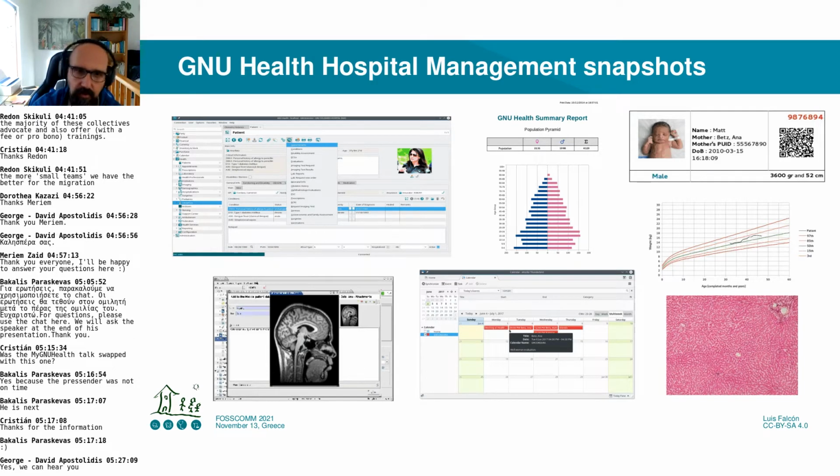These are some pictures. So we have areas from histopathology, diagnostic imaging, of course, everything related to terms and the agenda that every health professional or health institution needs. And then, of course, we have graphics, right? We have graphs, we have charts. In this case, we are showing pediatric growth charts, demographics on the population pyramid, and so on.